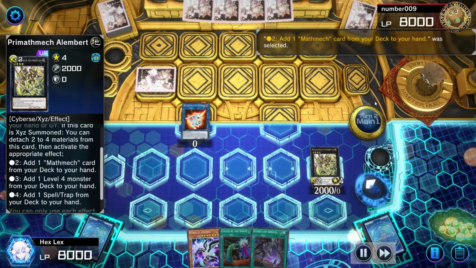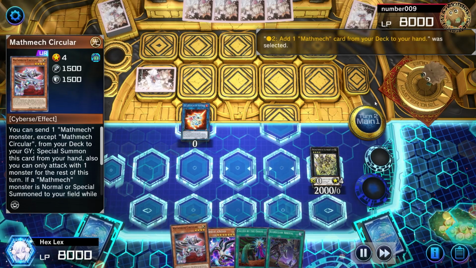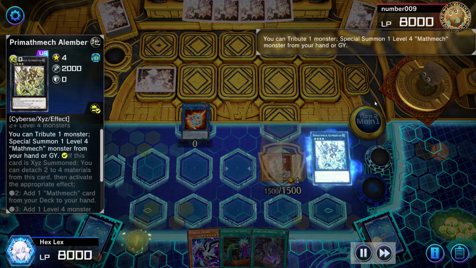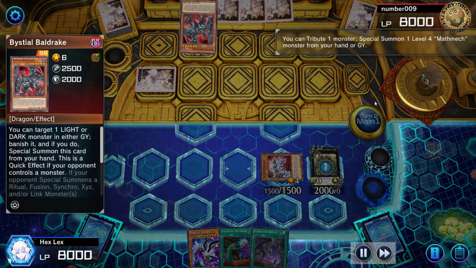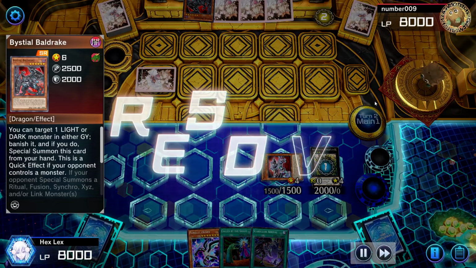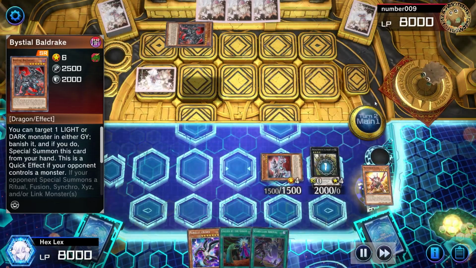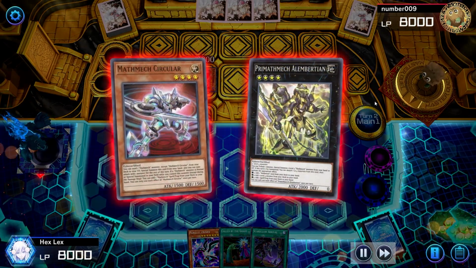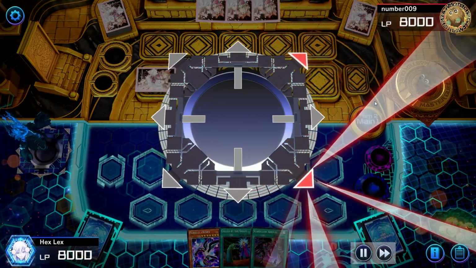Like I mentioned, the deck profile can actually be a bit of a garnet sometimes, so a little bit unfortunate, but it just comes with the territory of playing a deck like this. So I'm going to use Circular, and I actually am going to send a Sigma this time. I'm planning on sending it back after using Alembertain to sack off the Almiraj, but unfortunately for me, my opponent has a Baldrake to grab that Sigma out of the graveyard and toss it into the Banish Zone, so that's